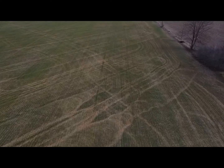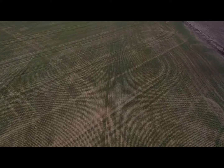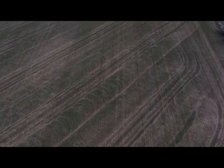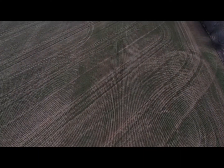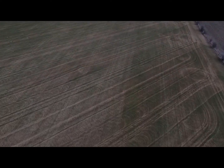I was out last week with the drone and flew across the field that I had been questioned about last fall. And we get this question two or three times a year. It usually goes something like this: Hey, Russ, we got a pretty good stand of wheat. What do you think about going out and putting manure over top of it? And fertility-wise, sure, manure is a fantastic source of fertility. And wheat sure does enjoy its fertility. So why not? But as you can see from this drone, there's a little different problem that has to be